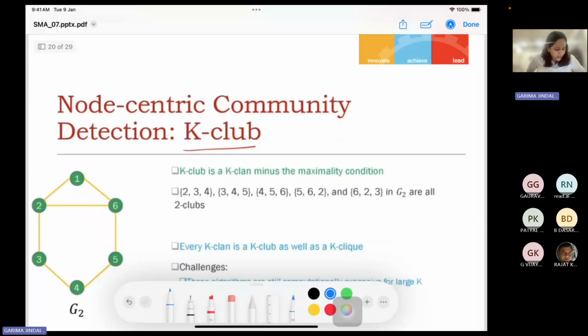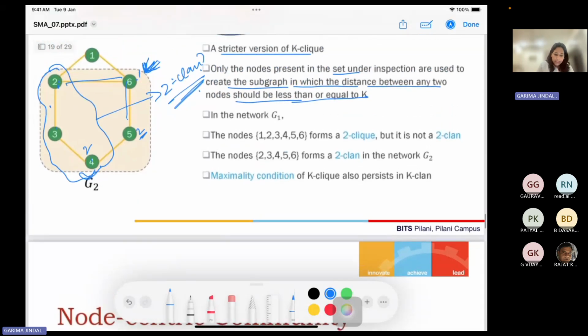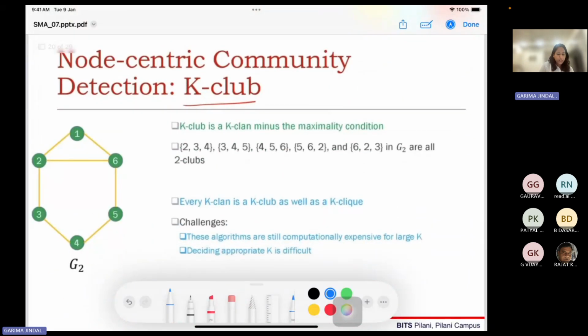Okay, so again, there was one drawback with this particular technique, that is K-clan. Checking the maximal condition was difficult. In this smaller graph we can see that checking the maximality is a difficult problem. When you have very large networks, checking this maximality condition will become difficult. And on the other hand, it was very difficult to identify what should be the value of K. Because this technique has these two problems, they came up with another measure that is called